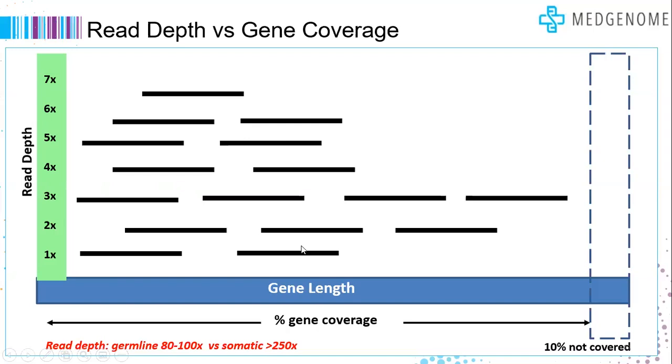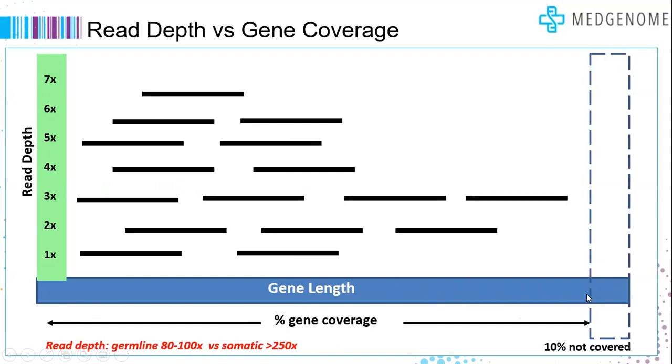The second very important terminology is the gene coverage. Say, for example, you can see here that this part of the gene is not covered in any of the reads at all. If this is 100 bases long, it means that 900 bases have been sequenced and 100 bases are not sequenced, meaning that the coverage of the gene in this assay is only 90%. Higher the coverage, the better; we always aim for a higher coverage.